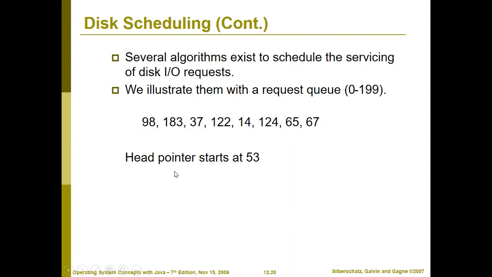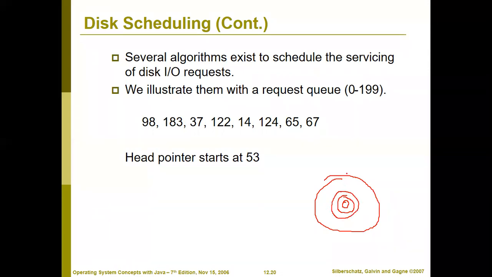Now you need to understand this problem. What is this? Your disk has how many tracks? 200 tracks in this situation. The inner track is known as track 0, then track number 1, then track number 2, and similarly the last track is 199.